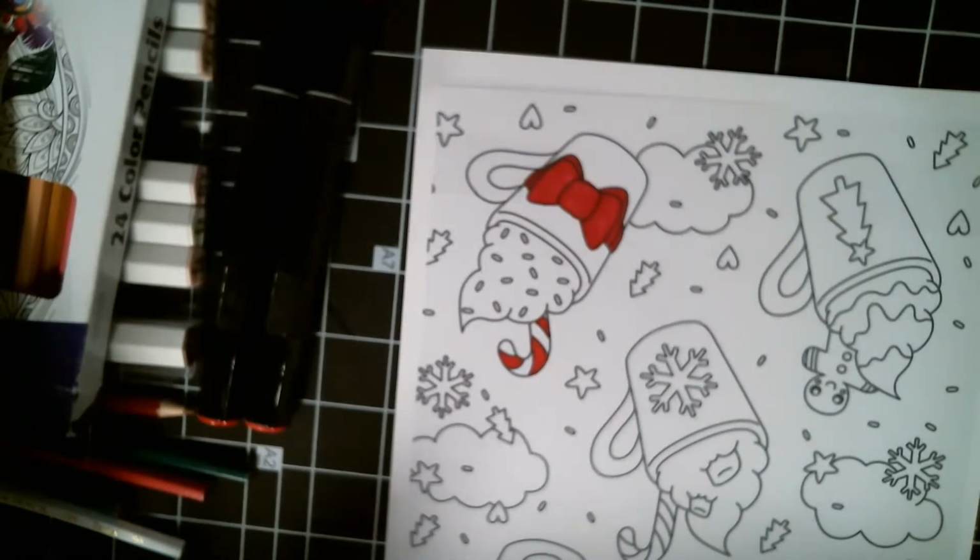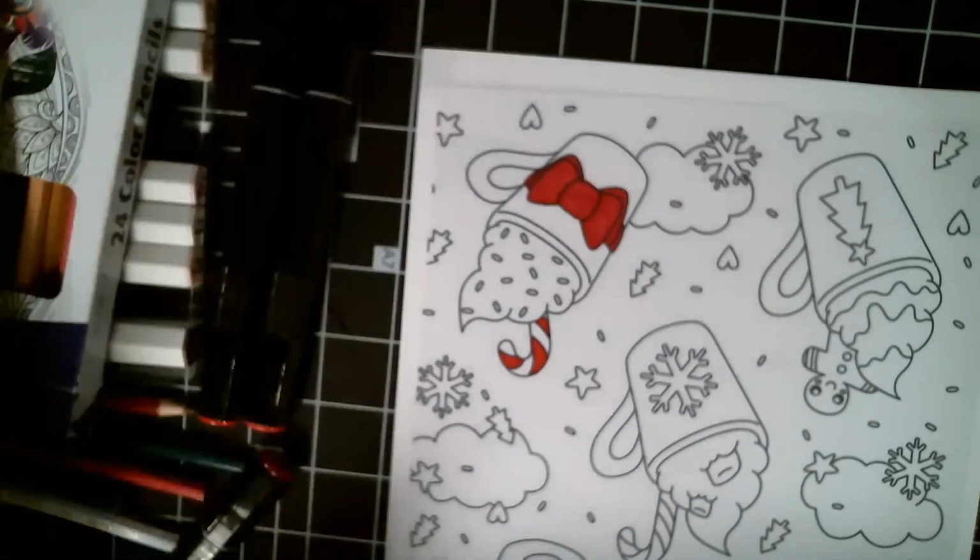What I'll do sometimes is I'll die cut, scan and cut all the things out. And if I want to have some dimension, I'll just take a plain embossing folder and run it through the embossing folder, and it'll give it that dimension that I'm looking for. So we're going to be using some more